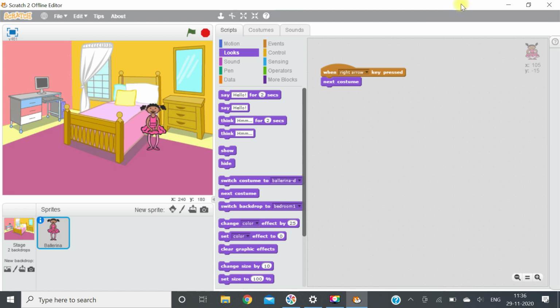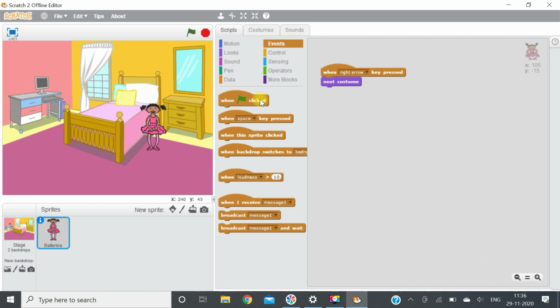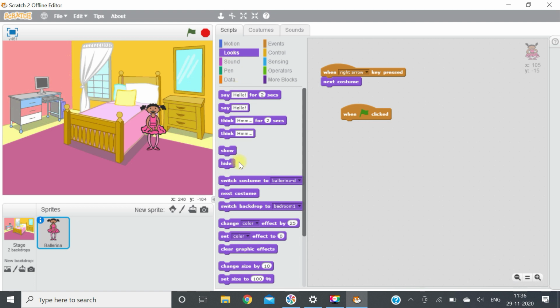And similarly, if you wish that on clicking this green flag its costume should be changed, again you will go to the event. When green flag clicked, then in looks, next costume. So when you press or click on green flag, it will change its costume.